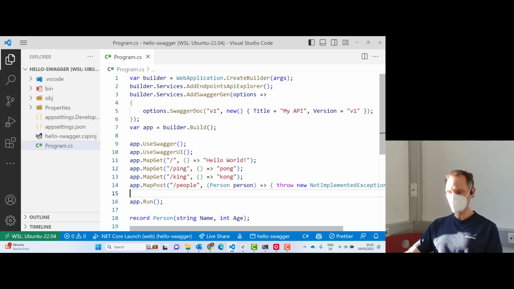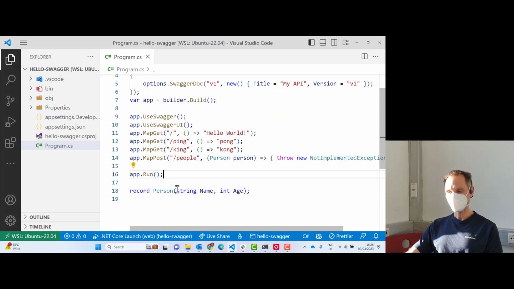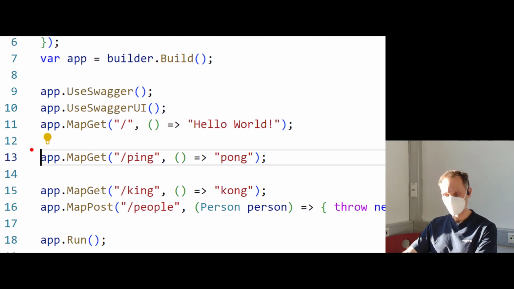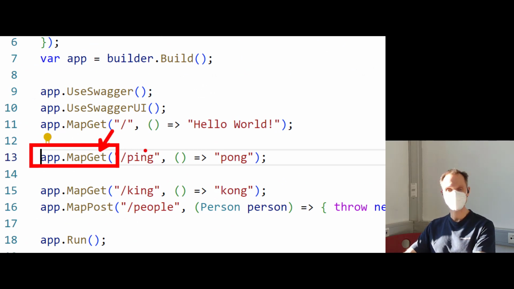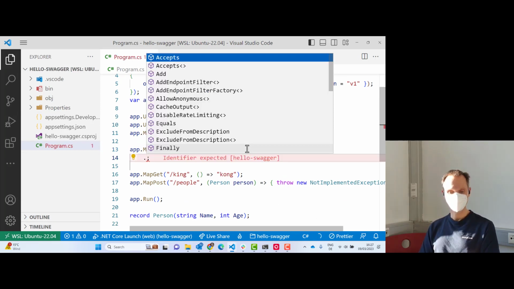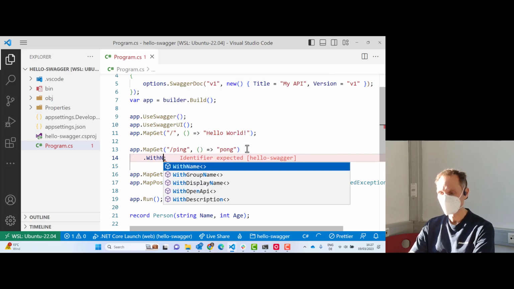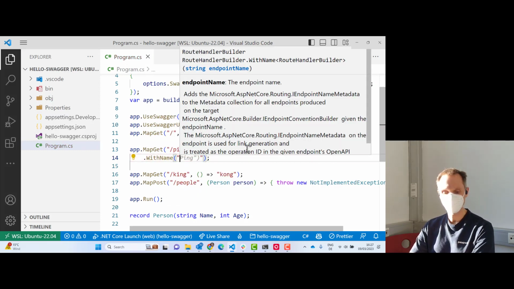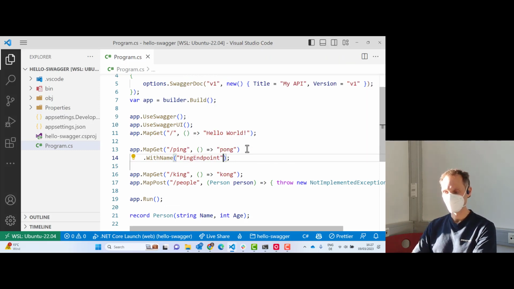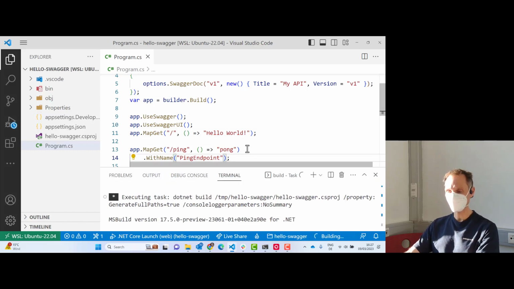Now, I would like to show you how to document such API endpoints more closely and in more detail. The important thing is that after each of these Map XXX functions, like MapGet, MapPost, MapDelete, MapPut, and so on, you can continue with additional methods. You can, for instance, say WithName, and then you specify a name. This is the ping endpoint, for instance. If you do something like this and press F5 again,